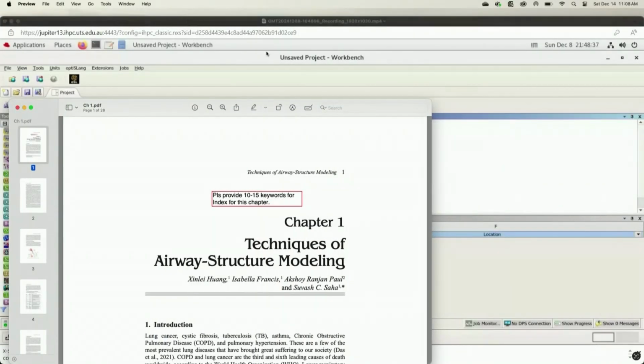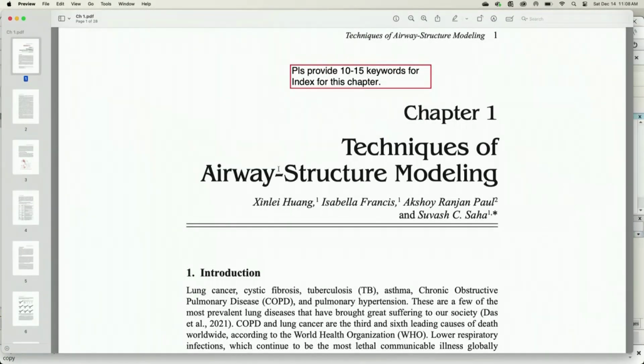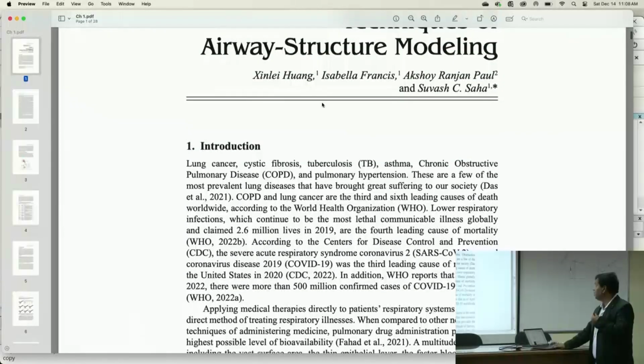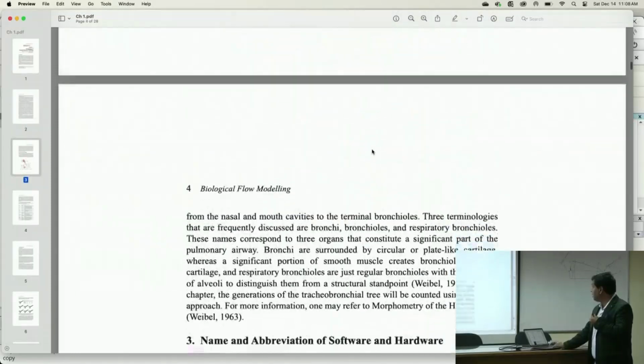So this is the proof of this book chapter I said. So this is the techniques of aero structure modeling. So here we give very detailed information. Okay. So this is the student who is actually explaining here. So this is my student, he is explaining here. And this is my student, she came here for 1 month to IIT Kharagpur to do some experiment. Okay. So in this study, you can see,